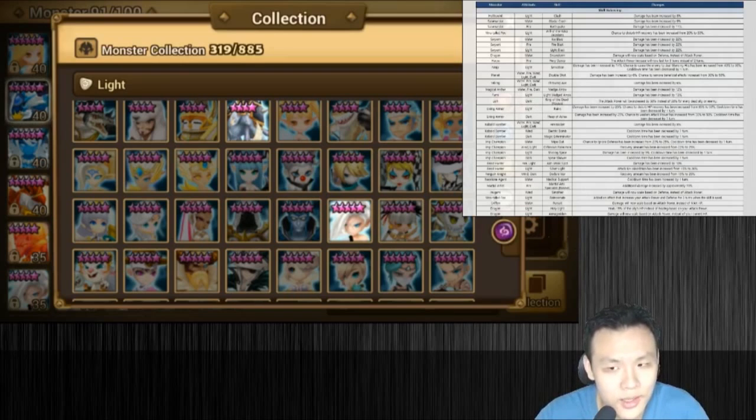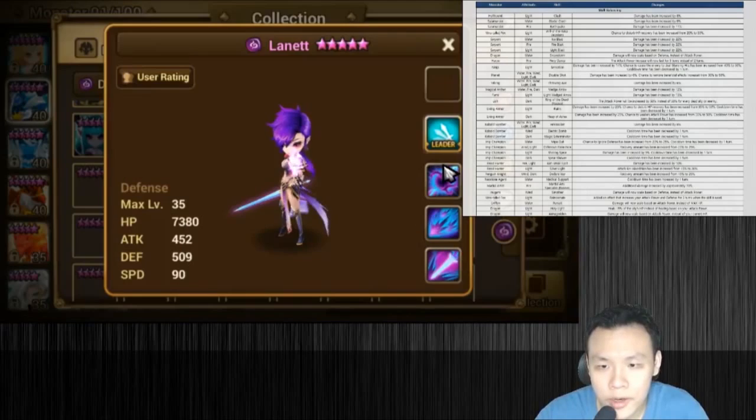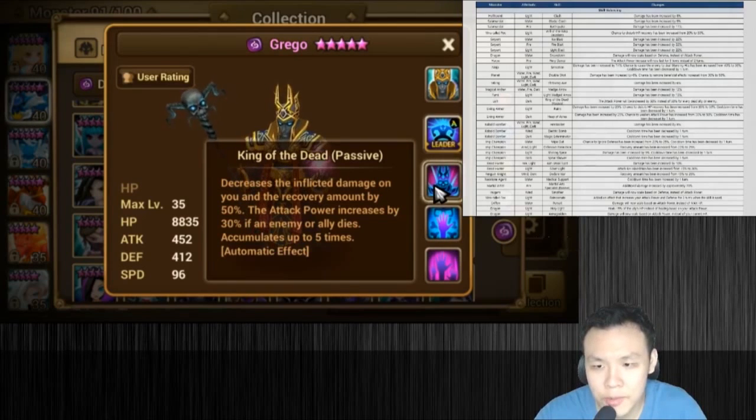Lich, the dark one, King of the Dead, this is a pretty interesting skill. They really buffed him quite hard. Well, they buffed a monster that was already pretty strong. He's really strong because he has the first part of his passive. He has a 2-part passive. He gets damage reduction by 50%. So he always has decreased inflicted damage on you. So he has a 50% damage reduction on him at all times. And he gets a 30% attack power buff every time someone dies. Like anyone dies, he gets a